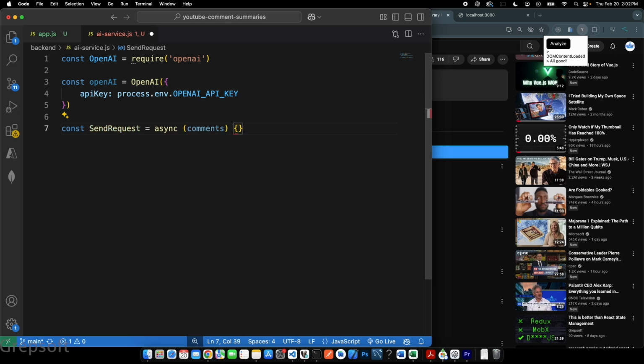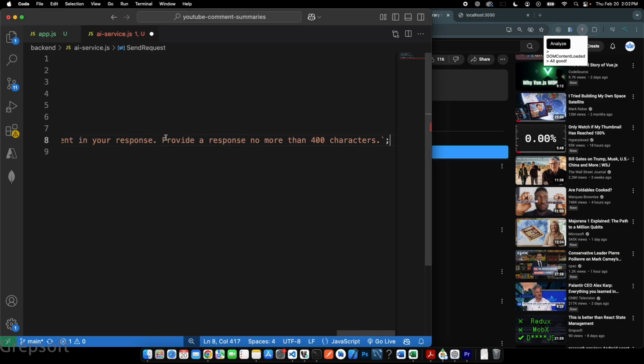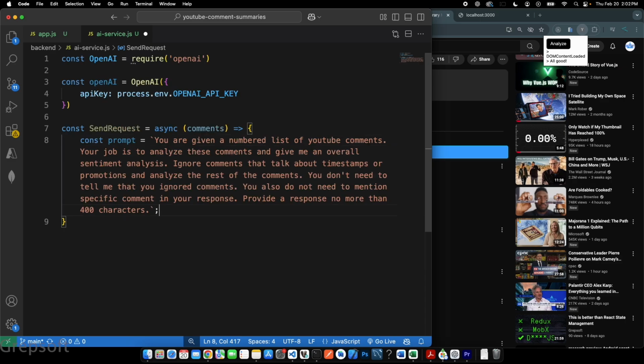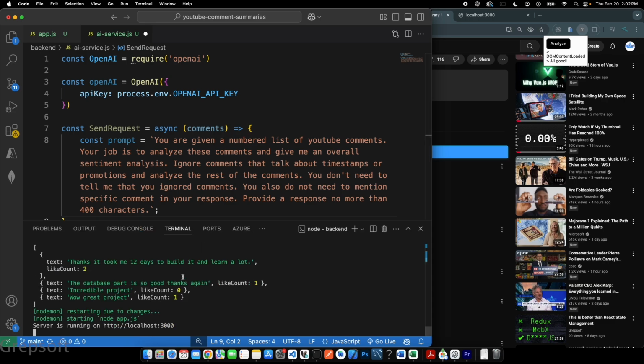And then what we want to do here is we need to create a role, or a prompt. So I'm going to do const prompt is equal to, I think we need to do arrow. Okay, so the prompt is, I don't want to type it but I'm going to explain it. So the prompt is basically you're given a numbered list of YouTube comments. So if you look at what we're getting, well, actually we need to number them. But we're saying you're getting a numbered list of comments, and